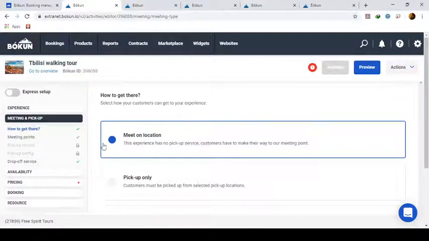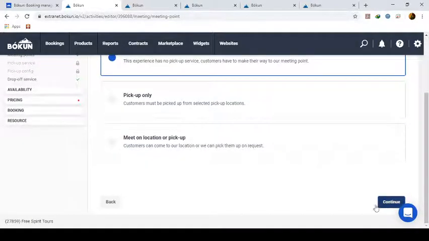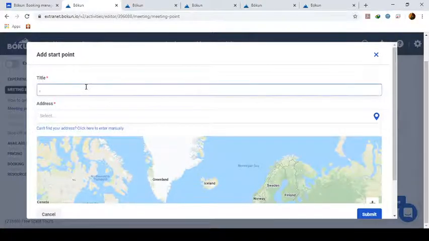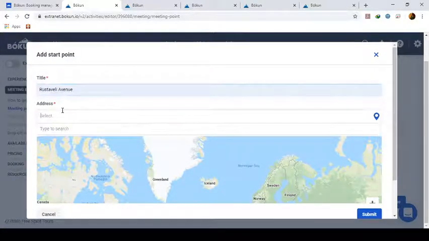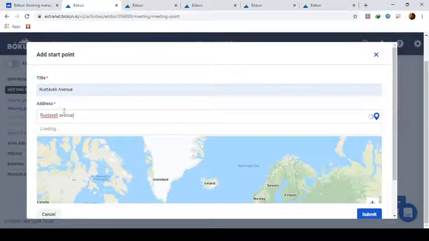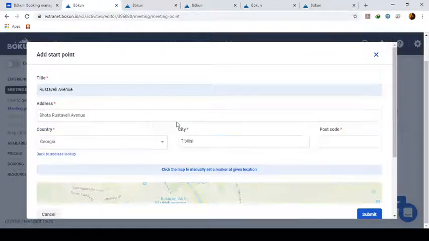I'll choose the first one for now, and then I will show you how to add a place and save it so that you can use it for later. I'll press continue. In here I have already Riri Park, but I can add another place. Let's add, let's say, Rustavelli Avenue. I will add here Rustavelli Avenue, and it's right here, Rustavelli Avenue, Tbilisi, Georgia,